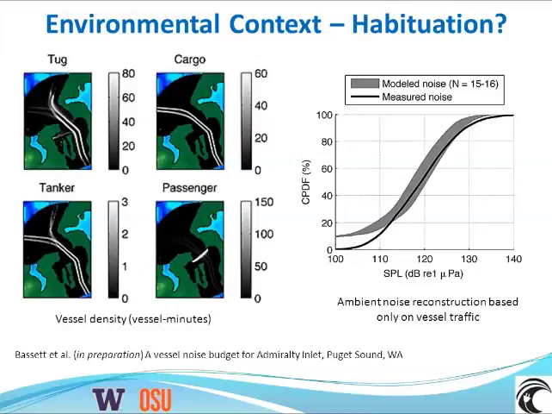So that image on the right there, the black line is the measured probability distribution of noise in the project area, and the gray shaded outline is a reconstruction of that noise based solely on vessel class and vessel position relative to a receiver. So we can say that it's actually quite loud at this site, and the reason it's quite loud is because of vessel traffic. So perhaps that indicates that the reason that we're not seeing a detectable change in porpoise behavior, even though they're being exposed to relatively loud levels of noise, is because they are constantly exposed to relatively loud levels of noise.